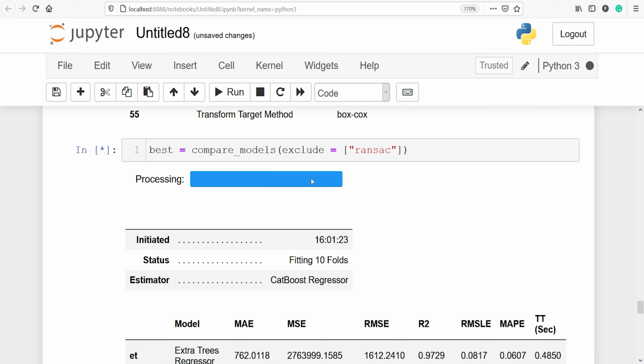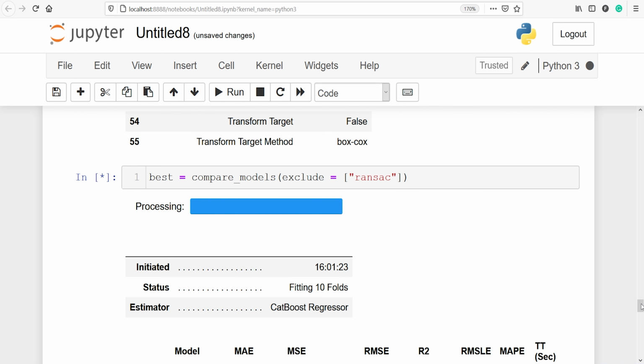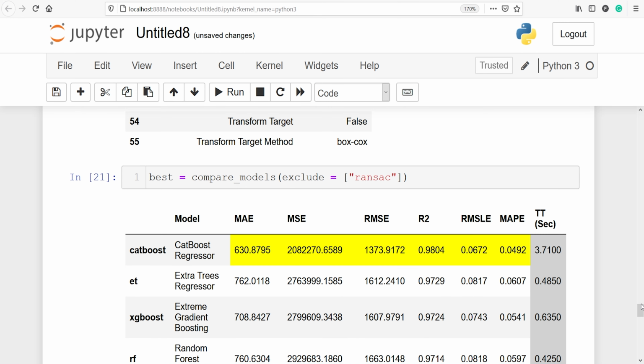So this is the best thing about PyCaret, that you don't have to build a model manually on each and every algorithm. You just have to call this setup environment function. Once you call this setup, your job is done. This will create models on all the regression algorithms, and it is still processing here. It will take one or two minutes more. There are a total of 25 regression algorithms available in PyCaret, and we can check those using the models function also.